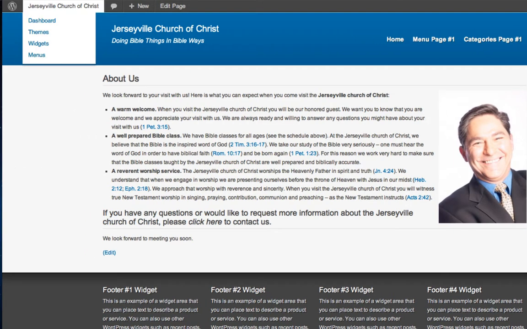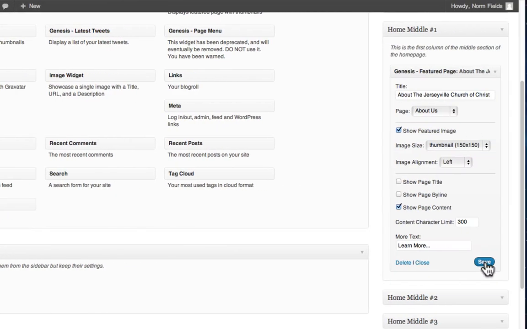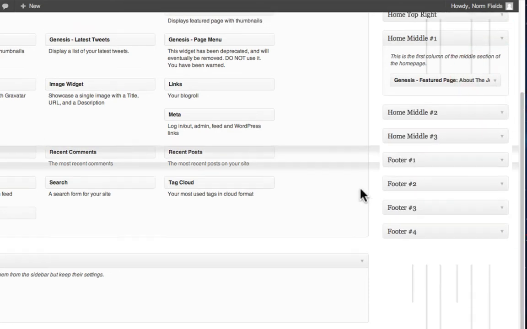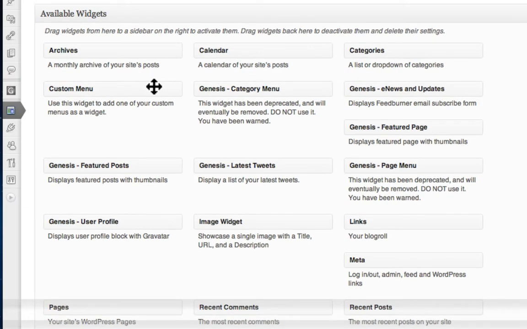Okay, we've got our About Us page done. So now we want to go and just make a couple of tweaks and get things set up the way we want them. We want to make sure the widget is saved before we leave that. And then we're going to go over to the